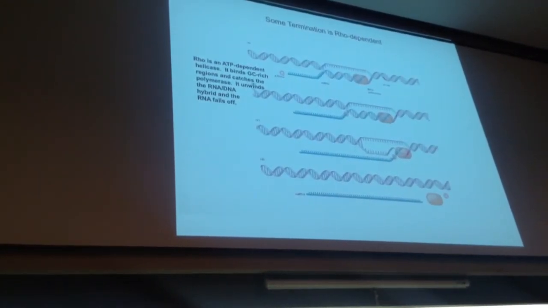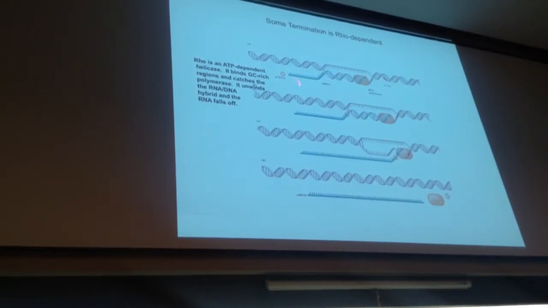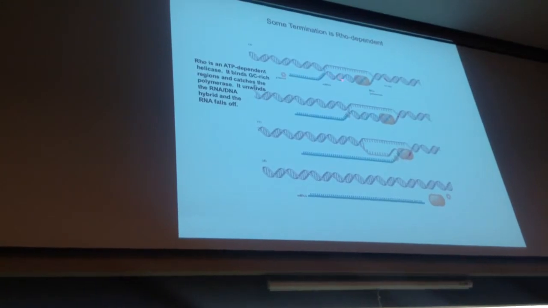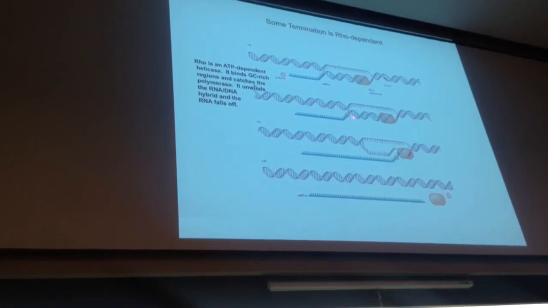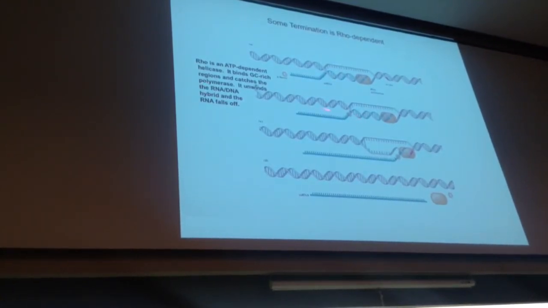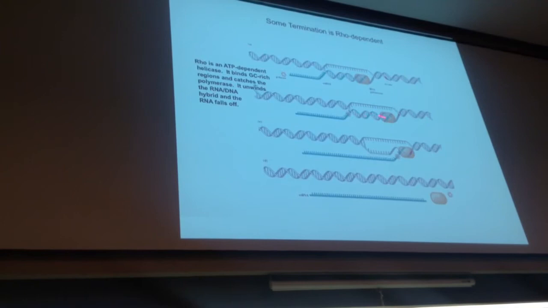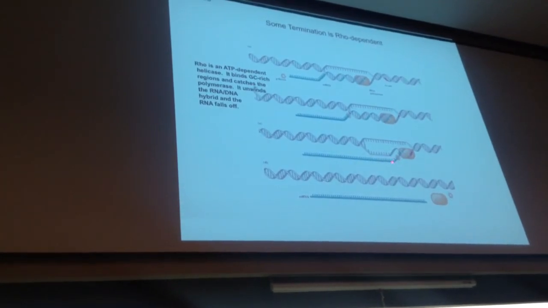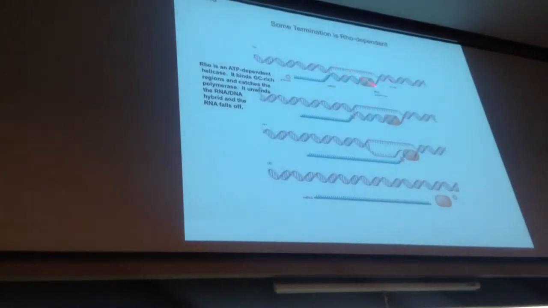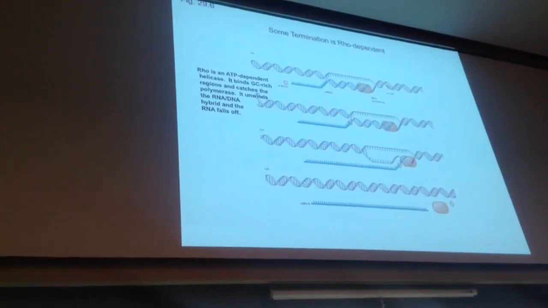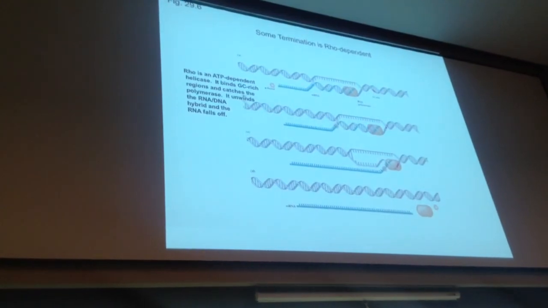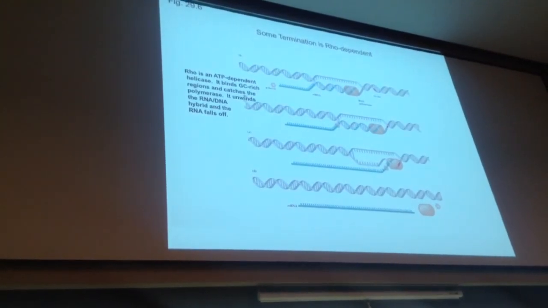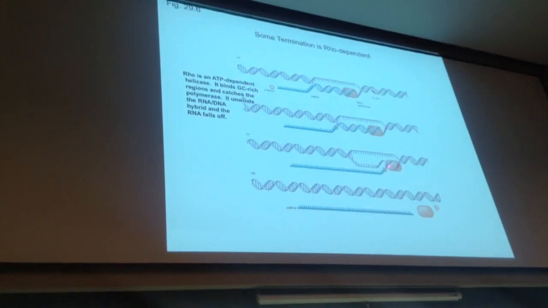Requires ATP, unwinds this thing, but what it does is it binds to GC-rich regions at the end of an RNA, and then it runs up. It's able to move up that RNA molecule, and it moves faster than transcription. You can see it actually is moving up the tail there, right? And when it gets into the region that's in duplex, the helicase actually unwinds it. So rather than having this duplex come apart because of the inherent sequence in the nascent RNA, this helicase runs all the way up the chain and starts to unwind this itself. And as it unwinds it, then the RNA